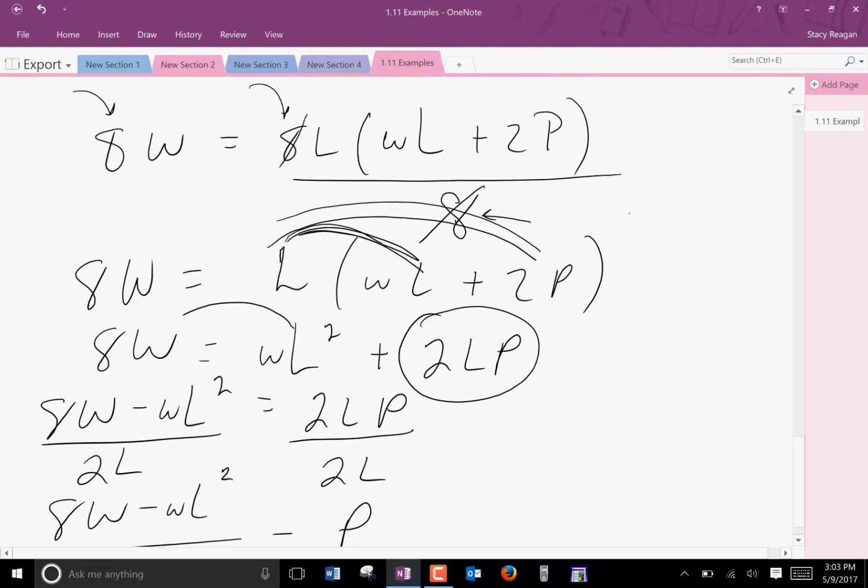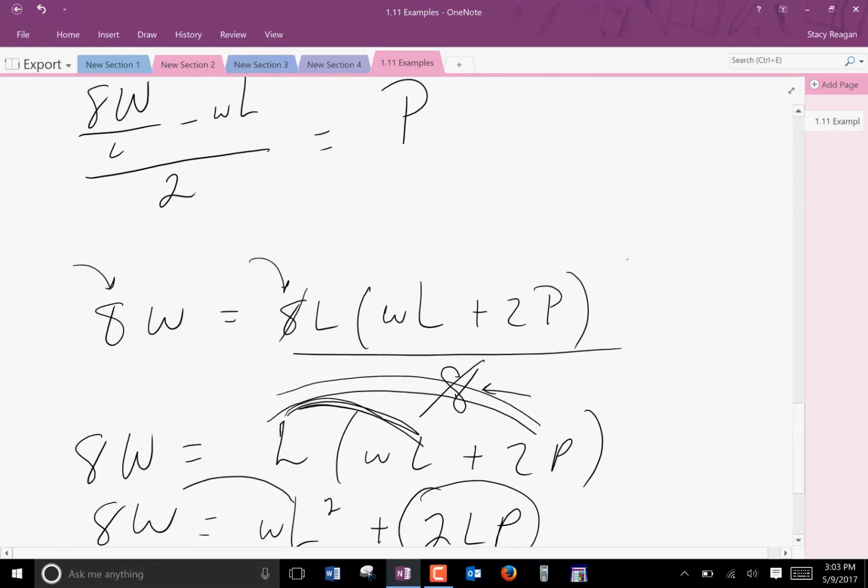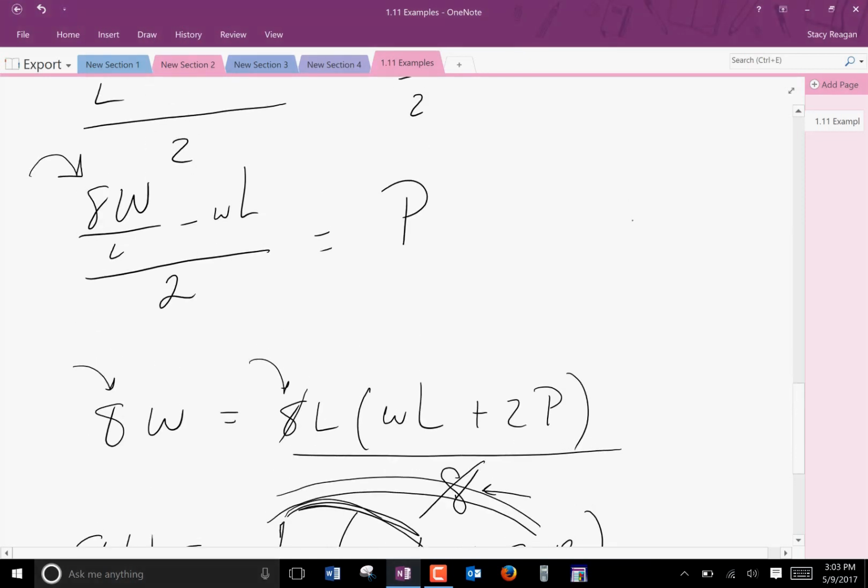The two ways of approaching this are both fine. It's okay to do both of those things. Notice that in mine, if I had multiplied both the top and the bottom by this L, and remember in algebra, as long as we do the top and the bottom, that's equivalent to 1. So if I'd multiplied this whole thing by L and this whole thing by L, this would have canceled,